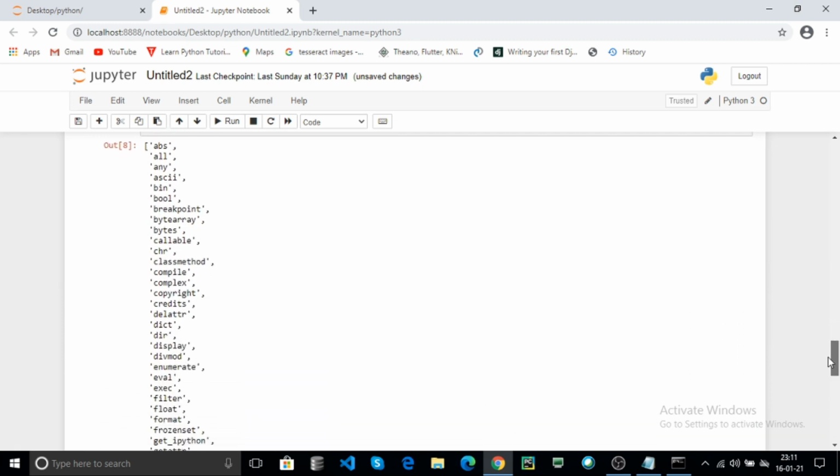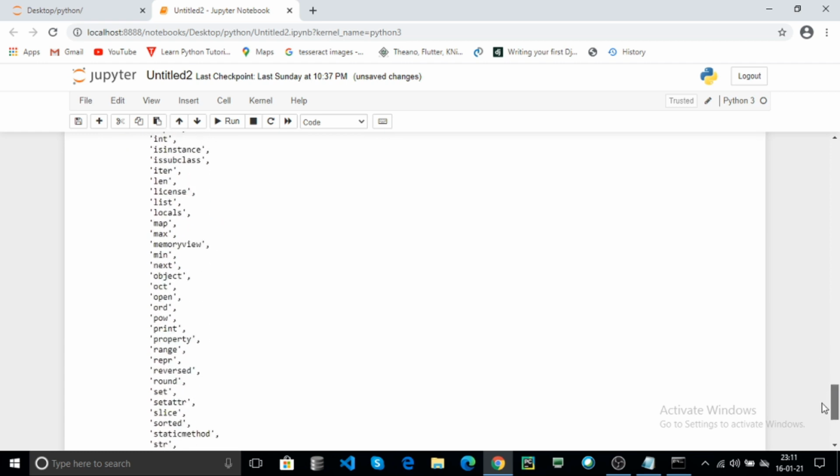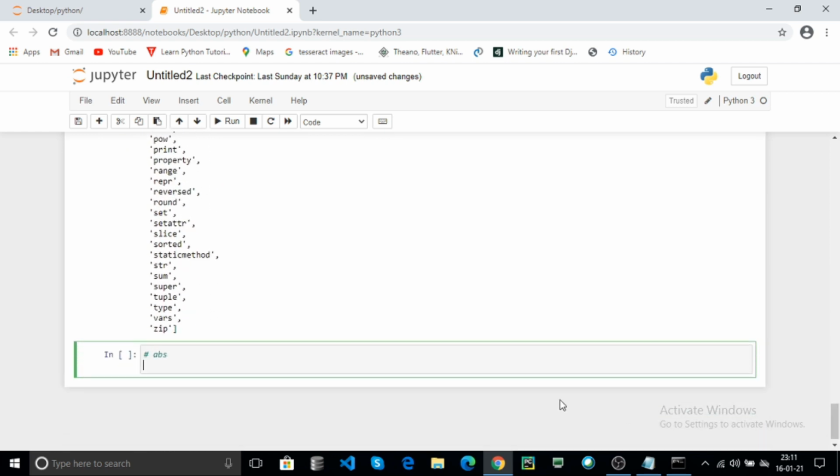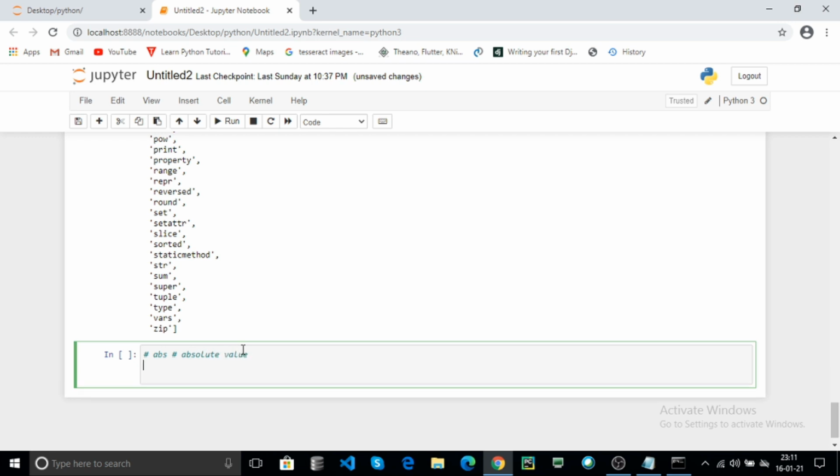Now we discuss the abs function. What is abs? It returns the absolute value of your given argument. Now how to use it? For any built-in function, you can directly use the function name.